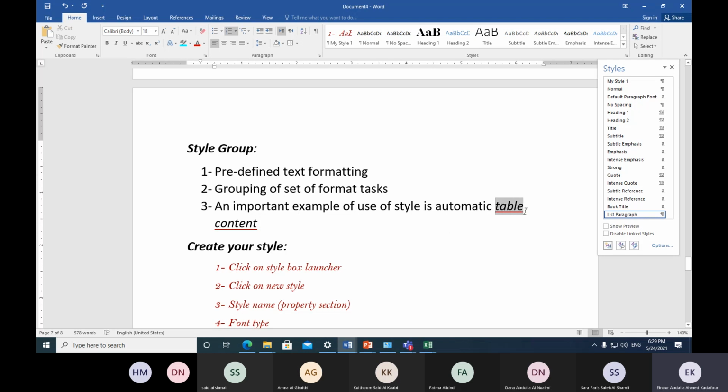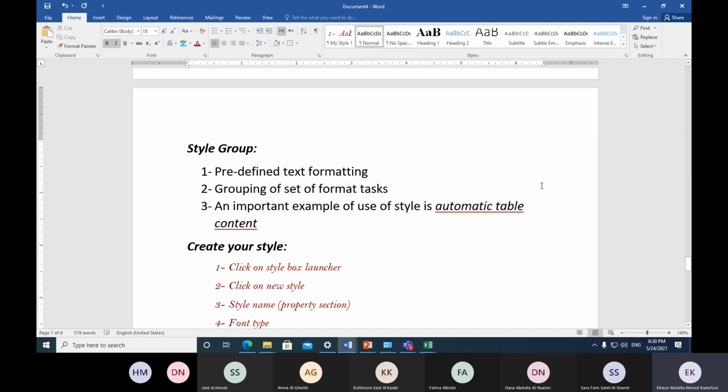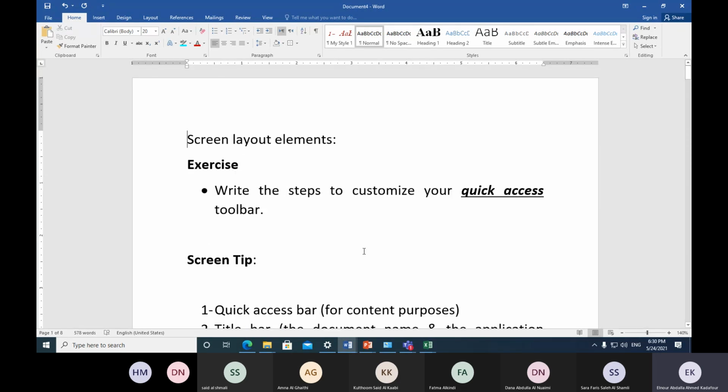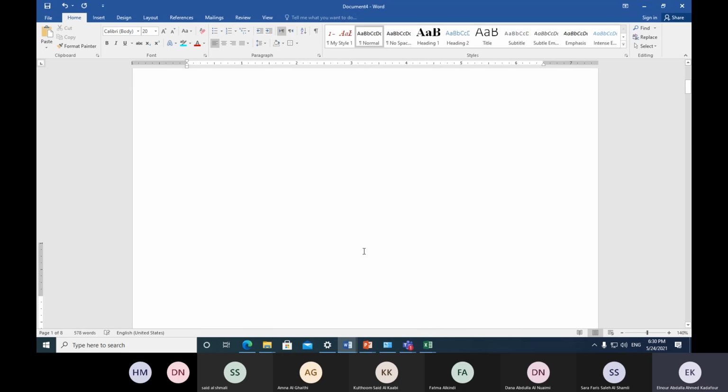Keep in your mind, unless you decide your styles within your document, you cannot get an automatic table of content. بمعنى table of content, automatic table of content يعني عندي بعد for example okay, so this is my notes, I want to distribute it to the students, or this is my research. I have the first page, that is the title page, and I have to have table of content. مفترض يكون عندي جدول محتويات